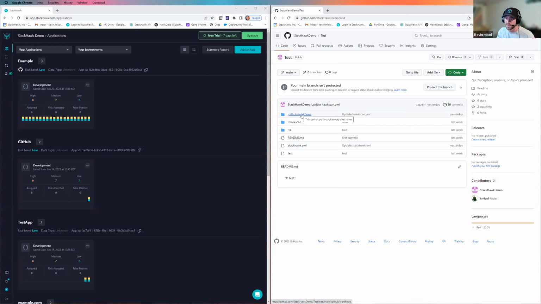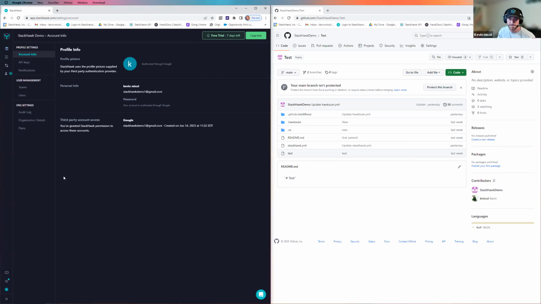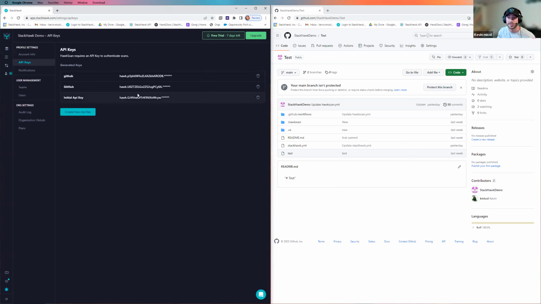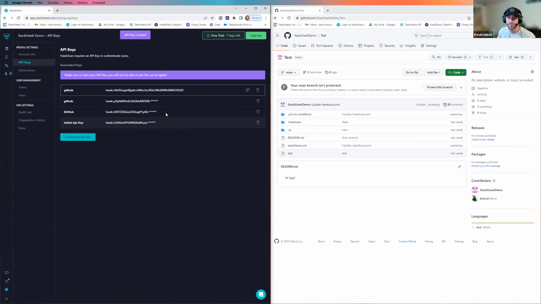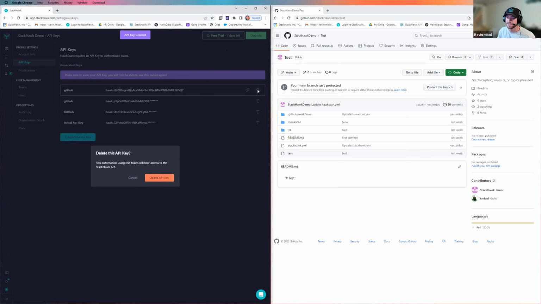So let's move on to the next part. Let's add your API key. So let's hop back over to the StackHawk platform. In the bottom left-hand corner, you'll have a little icon. Click on settings, go to API keys, and click on create new API key. I already have a few here. You can create a new one, or you can give it a name here, GitHub. You'll copy this,